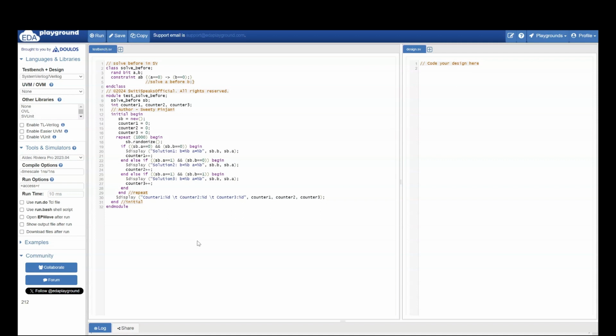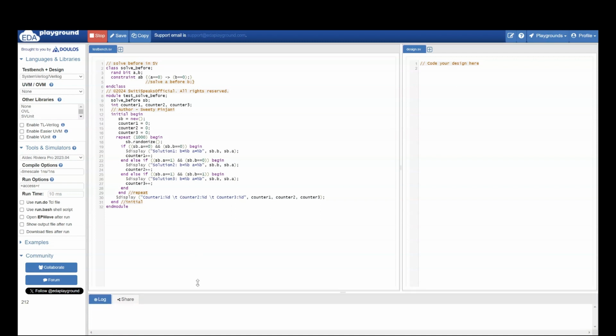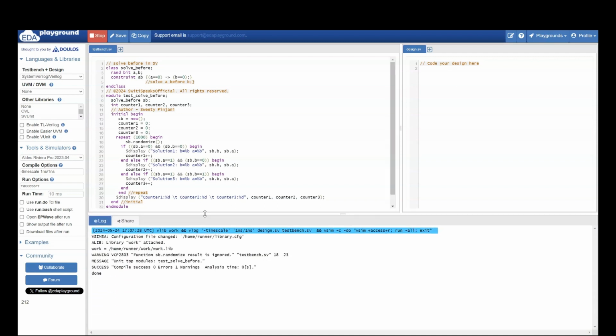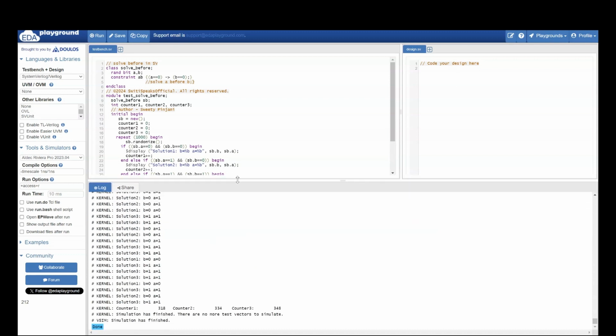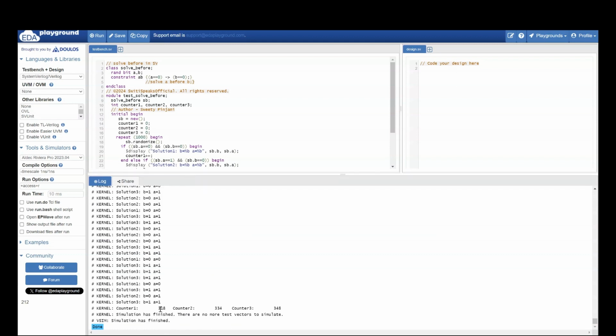Now let us run this and we'll see how many times these values have actually got generated. I'm expecting the probability should be one third. One third means out of 1000 times, one third is almost 333. So if you see, almost 333 times each value is getting generated. Almost, roughly, it's being followed. The first counter is 318, second is 334, and third is 348. So roughly one third of the times it is getting followed, which is correct as per our calculation.